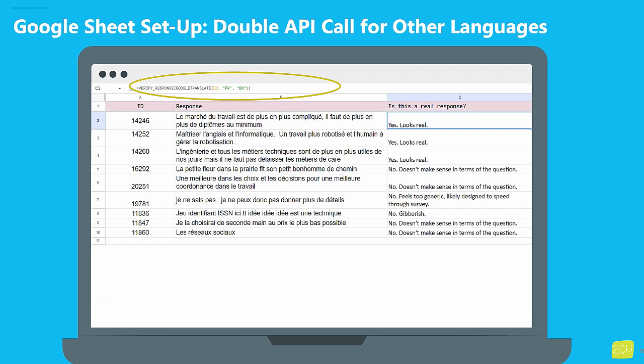You can use the Google Translate formula to translate from French to English in this case, and then use the formula to assess the quality. I must say that the model's assessment here significantly improved after the translation step. So I think a key learning is that we need to keep in mind that when we're dealing with new languages or different audiences, some level of fine-tuning might be necessary. We can't simply assume that people from different countries or different generations, for example, would respond in exactly the same